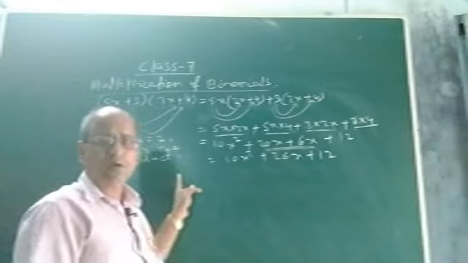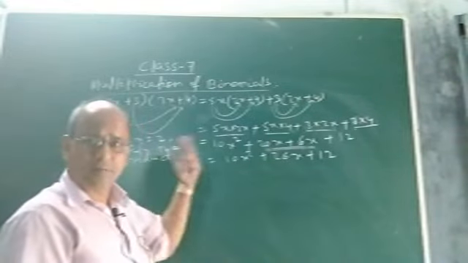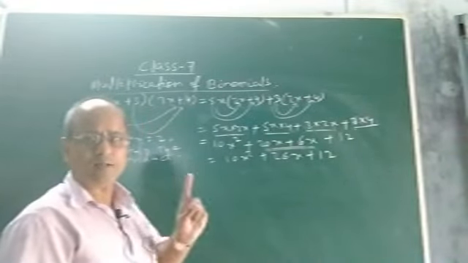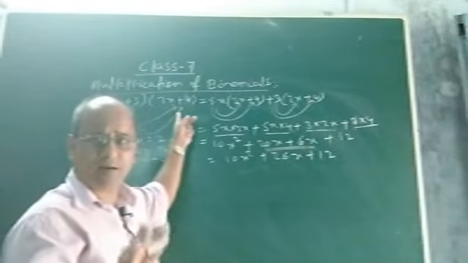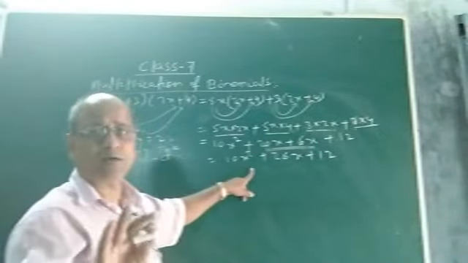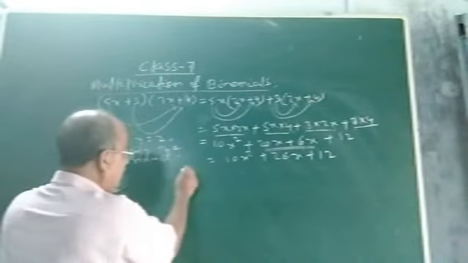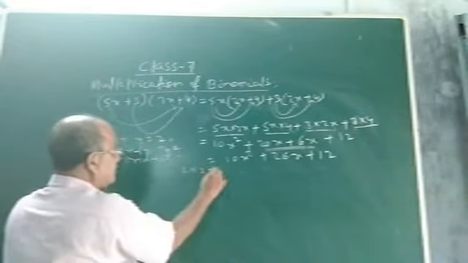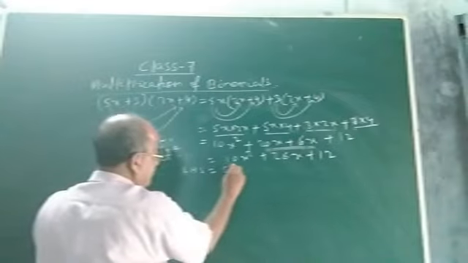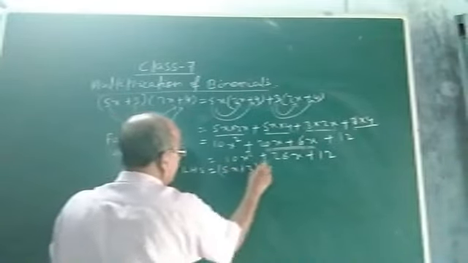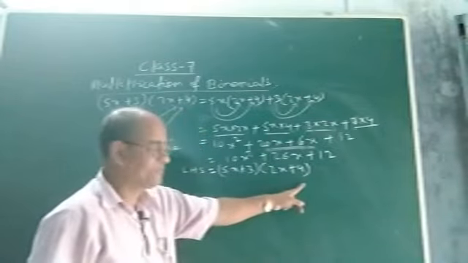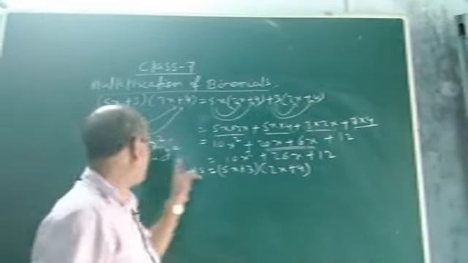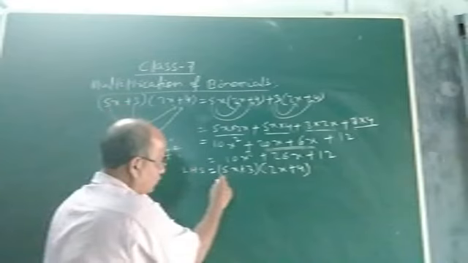What I had told you, for verifying any product, what is the process? The process is, whatever is the question, that will be taken as left hand side, and whatever is the product, that will be taken as right hand side. So now you take LHS. So which is the LHS? This is your LHS, (5x plus 3) into (2x plus 4). Now in this left hand side, we have to put the value of x. How much it is given? 2. Now put 2 here.